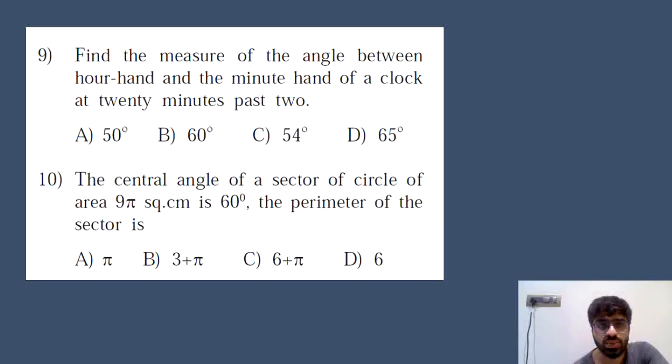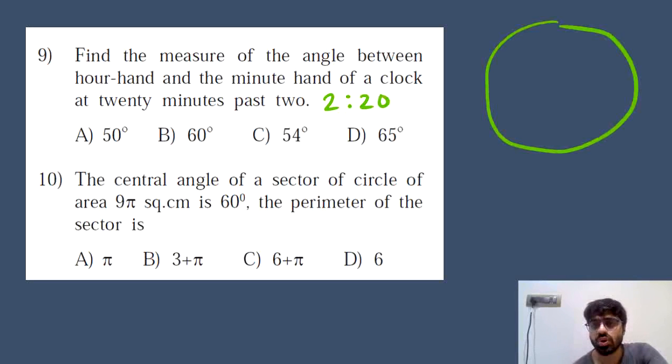Last two questions in this video. Find the measure of angle between the hour hand and minute hand of a clock at 20 past 2. 20 past 2 means the timing is 2:20. So 2:20 means this was 12, 3 is here, 4 is here, there is 1 and 2 here. 2:20 means the minute hand will be exactly at 4 and the hour hand will be somewhere between 2 and